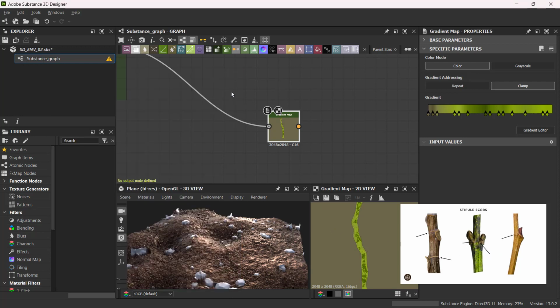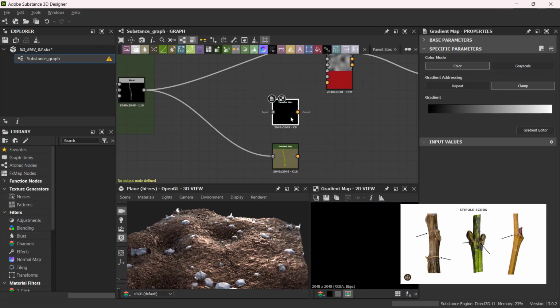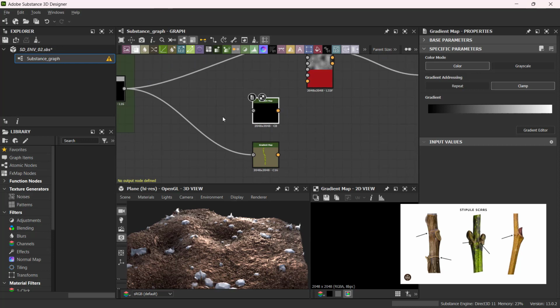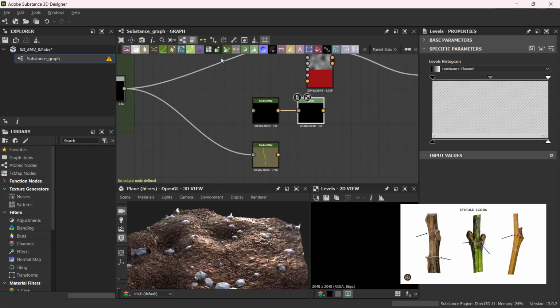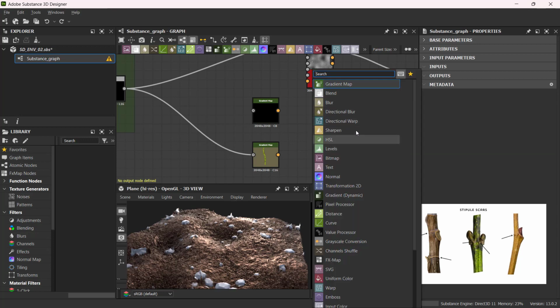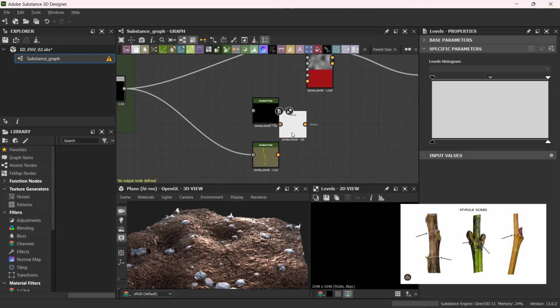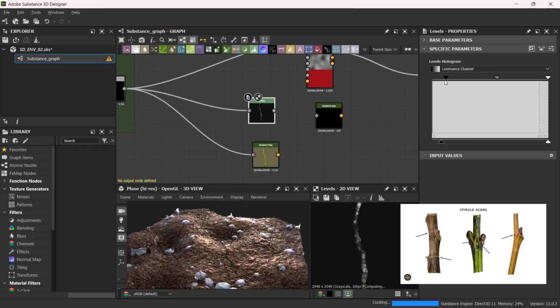And then what I can also do is create another gradient here. Oh, sorry. And then I can add a levels. I'll undo that. Make sure it's not selected. Do a levels. Because this is going to also produce that one, and I can increase some contrast to it, and there, and then I can plug it in,